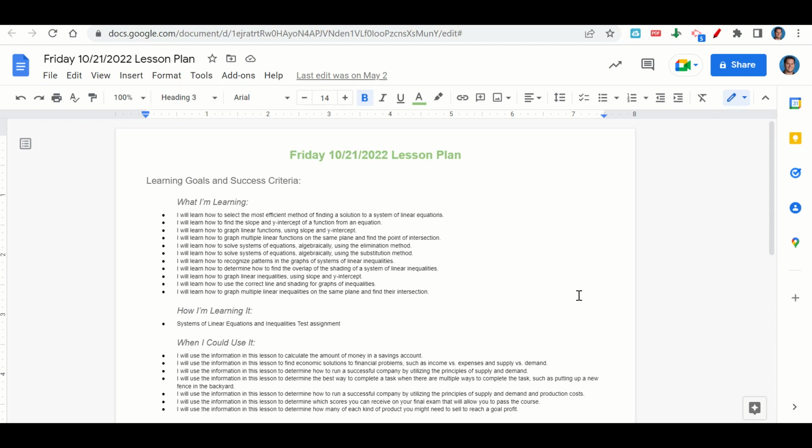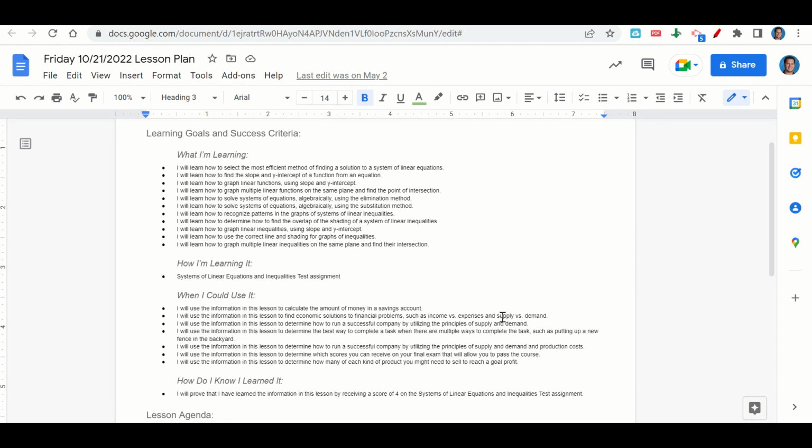Through the Systems of Linear Equations and Inequalities test assignment. When can we use this information? To calculate the amount of money in a savings account, to find economic solutions to financial problems such as income versus expenses and supply versus demand, to determine how to run a successful company by utilizing the principles of supply and demand, to determine the best way to complete a task when there are multiple ways to complete the task,